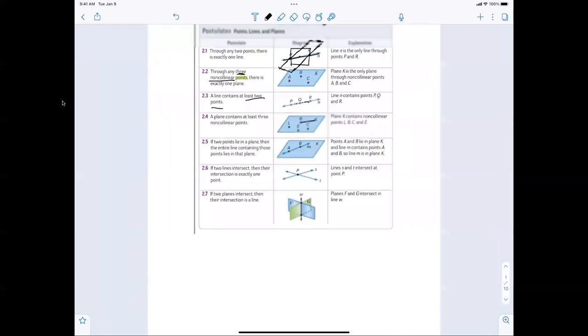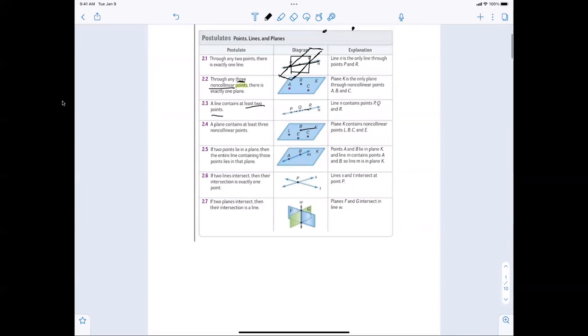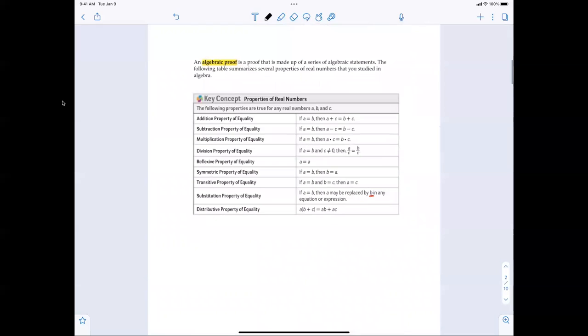All right, now again, I used to call this common sense. I'm not asking you to write down postulate 2.1. I'm not asking you to write down postulate 2.3. That's silly. And you'll see they'll ask you if it's true or not, and if it's true, name the postulate. Do I care about naming the postulate? No, I just want you to know if it's true or false. You don't have to name the postulate. All right, now,